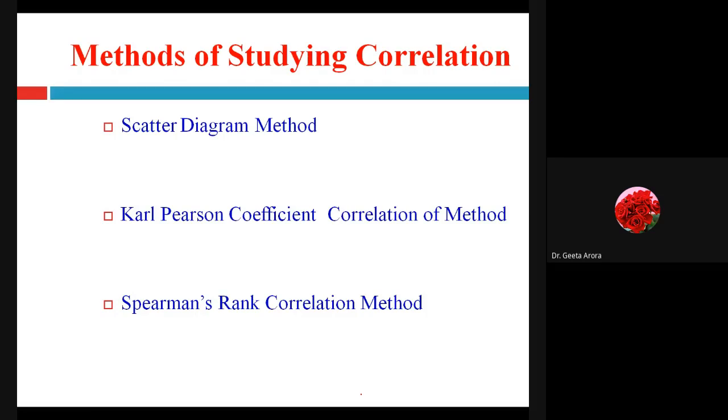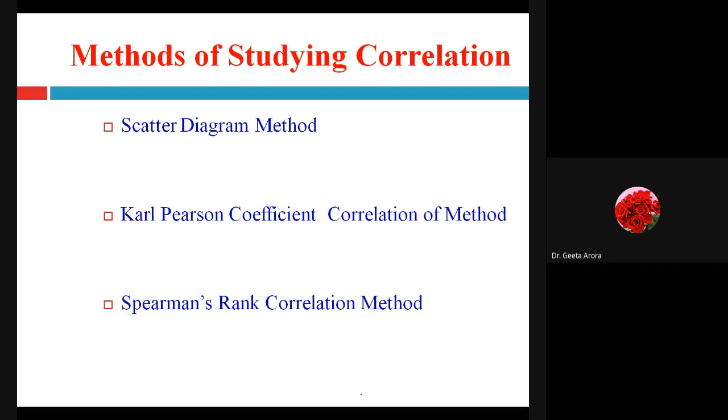So, what are the methods that we are going to study? The first method is the scatter diagram method. Already we have a hint of what a scatter diagram means. Then we will start with the Karl Pearson coefficient of correlation method. It means we will calculate some coefficient, and as I have given you a hint, the correlation coefficient we are going to measure has a value lying from -1 to 1. So this is how we are going to work with the second thing. And the third thing in our course is the rank correlation.